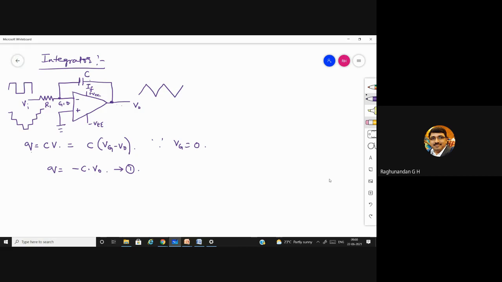Now, again, we have a relationship between the current and the charge. Basically, what do you mean by current? Flow of charges, right? A set of charges is going to constitute a current. So the integration of the current is going to give the charge. I can write Q is equal to integral from 0 to T of I into dt. So this is one relationship which we already have.